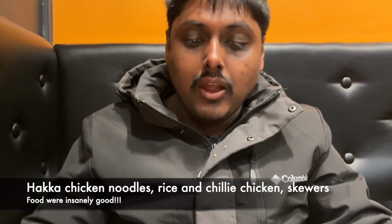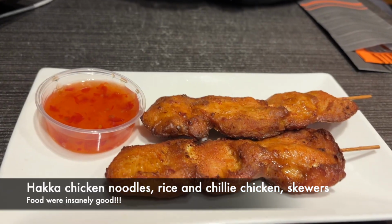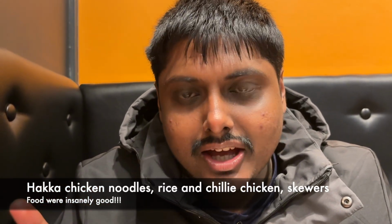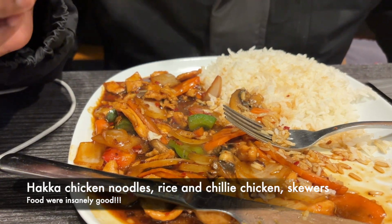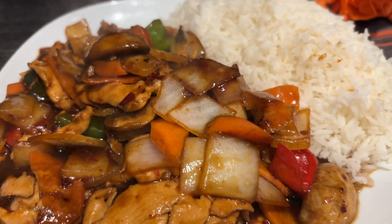Curry laksa. The food is exquisite. It is very close to the Thai or Chinese food that we get in Asia. Lots of veggies, chicken, the sauce. It's very good. The portion size for the price is very generous. Lots of noodles, lots of rice, lots of chicken. We are extremely full again today,